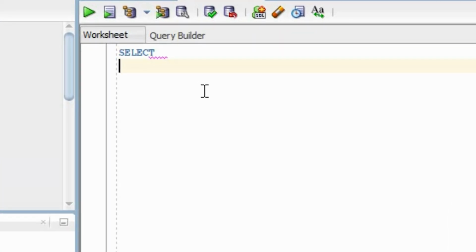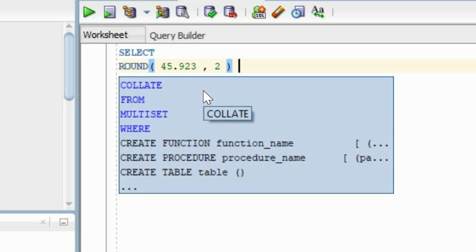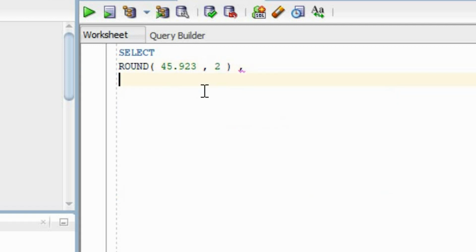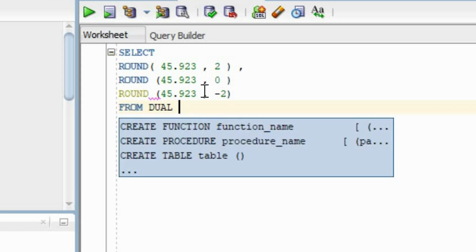So let's get started and type this command. Select, go to the next line and type ROUND, and we are going to round this number 45.923, -2, and I will demonstrate the meaning of this later. ROUND 45.923, 0, close the brackets, and ROUND 45.923, -2 from DUAL. And DUAL here is a dummy table which is provided by Oracle and can be used for